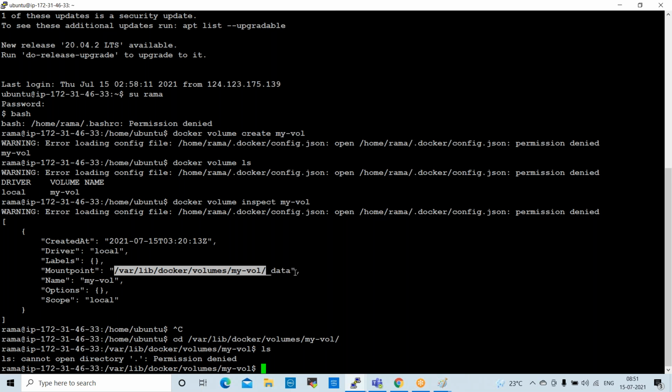Nothing is there. So in this volume, we can create some file or folder, whatever you require. You can create this and you can map it to a container folder. That will work in the enterprise edition, so it will not work here. In this volume, whatever files you created will map to the container directory. Fine.